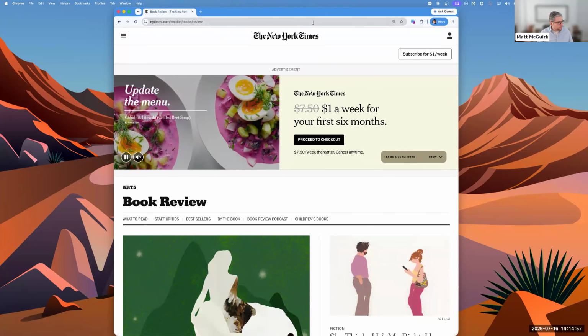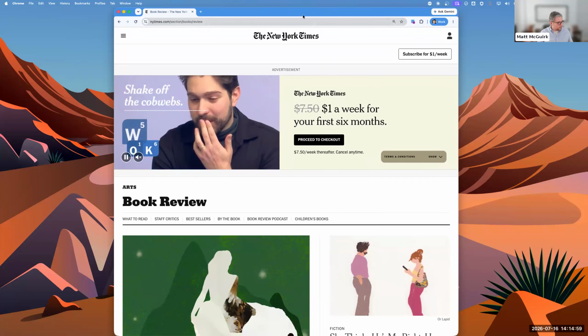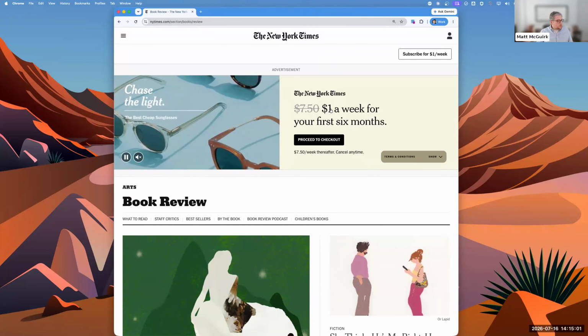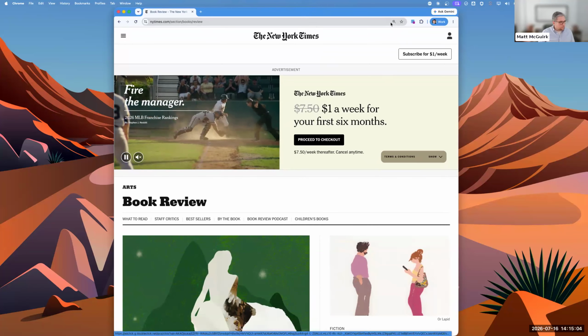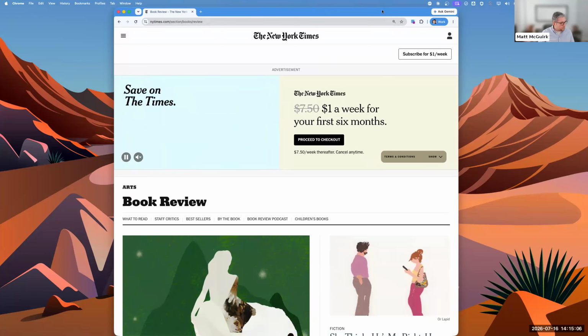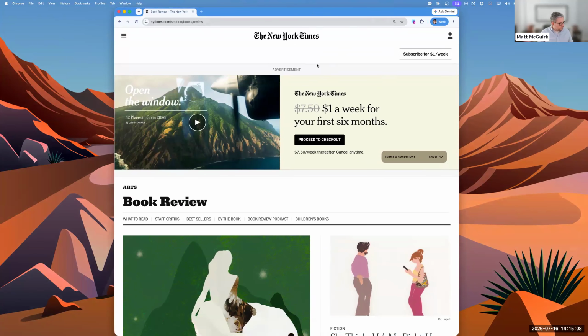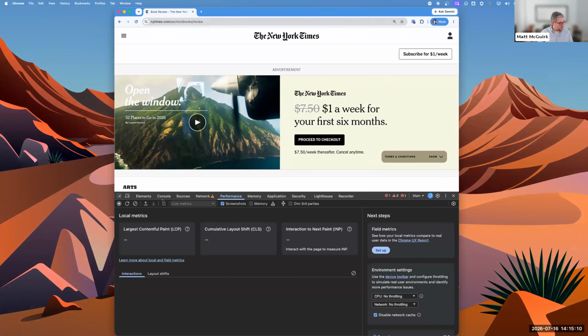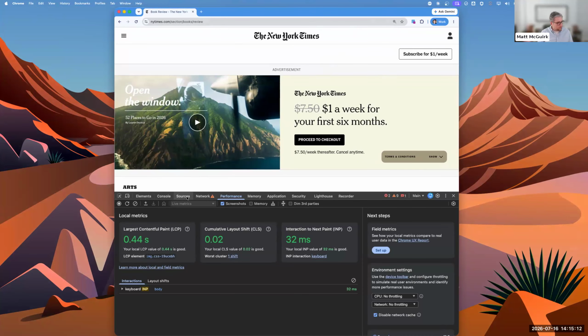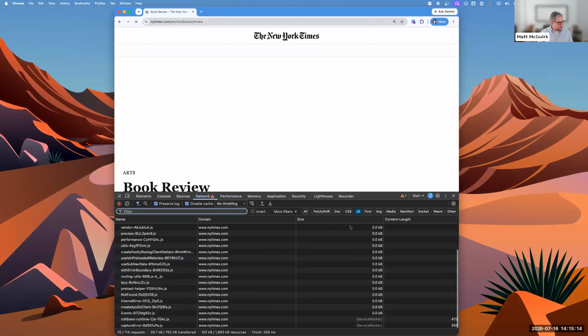You are seeing my screen, it looks like to me. And this is, like I said, the New York Times website. No particular reason, just it's a public website and folks are sometimes familiar with it. So what I'll do here, I want to do a couple things. First, I want to show you just what is going on under the hood, so to speak, in this particular